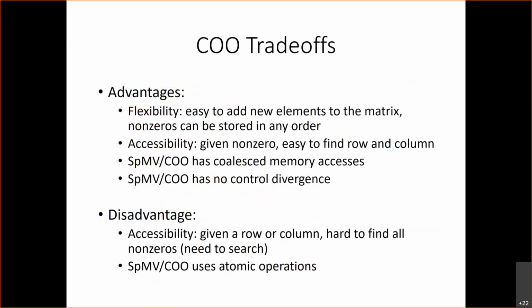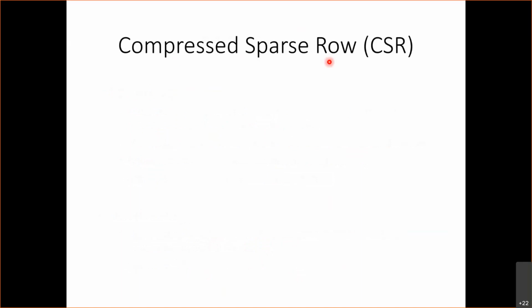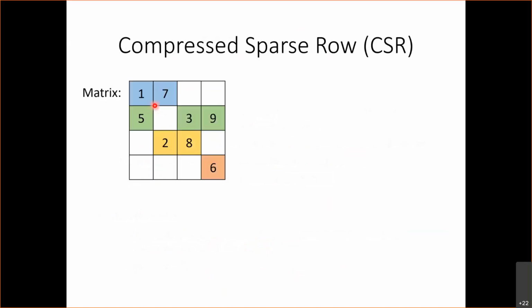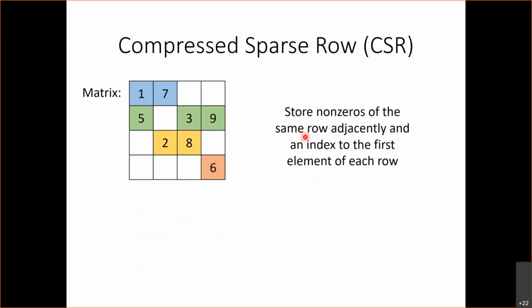So to address the disadvantages here, to avoid doing atomic operations, to be able to assign a thread to every output element and go through the corresponding row values, there's another format, which is the compressed sparse row format. If my matrix looked like this, the same matrix we had before, this time I've colored all the elements in the same row the same color. The way the compressed sparse row format works is that we're going to store the non-zeros in the same row adjacent to each other, and we're just going to store an index to the first element of each